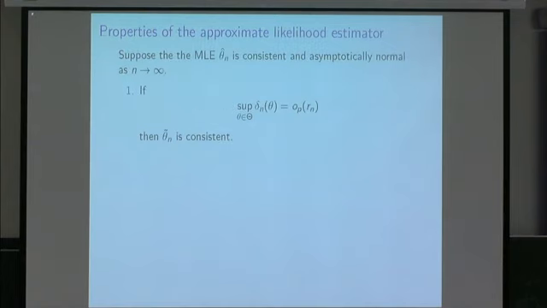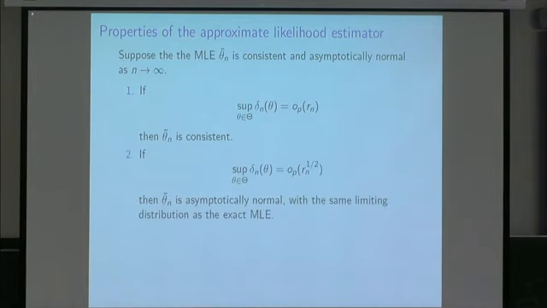Having decided that, we can now get very similar results, but phrased in terms of the delta errors, the error in the score, as opposed to the original errors in log likelihood. We get exactly the same result, but with deltas replacing epsilons. If the maximum of the error in the score over the entire parameter space grows less quickly than the rate, then the approximate likelihood estimator is consistent. And if the maximum over the parameter space of the error in the score grows less quickly than the square root of the rate, then it's asymptotically normal with the same limiting distribution as the MLE.